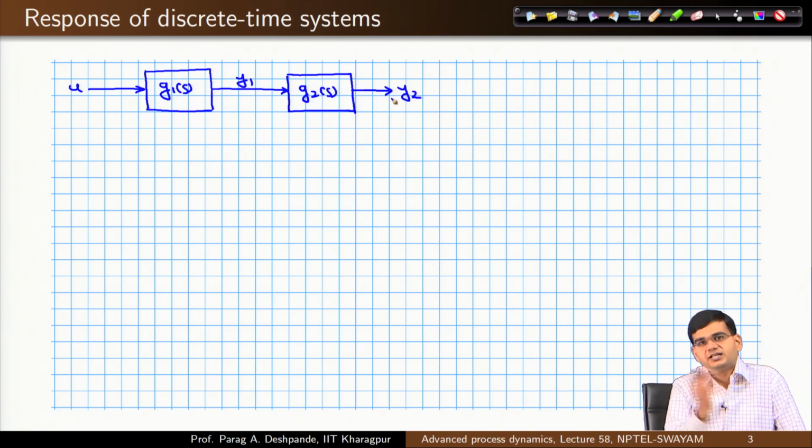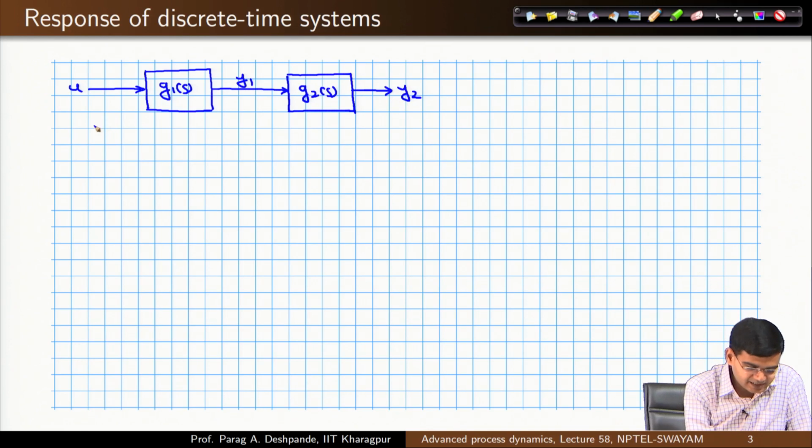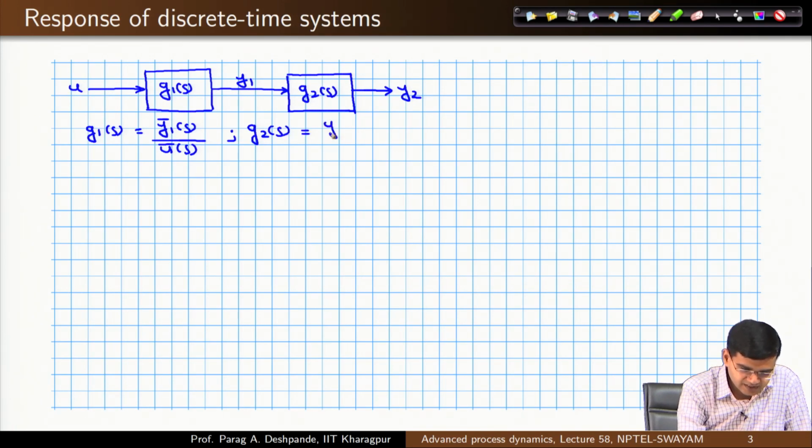So, what are the different relationships which we can write? I can write g 1 of s is equal to y 1 bar of s divided by u bar of s, and g 2 of s is equal to y 2 bar of s divided by y 1 bar of s,